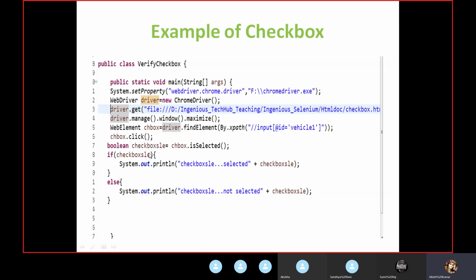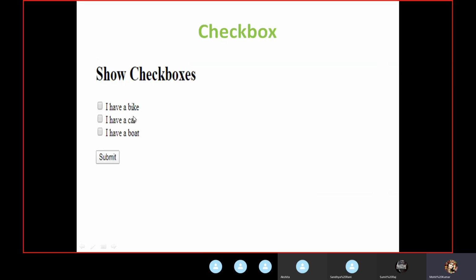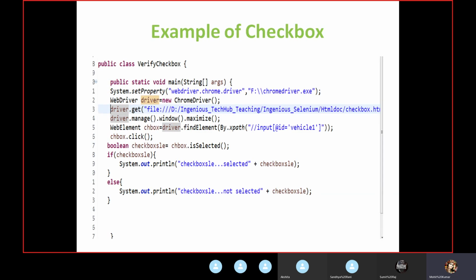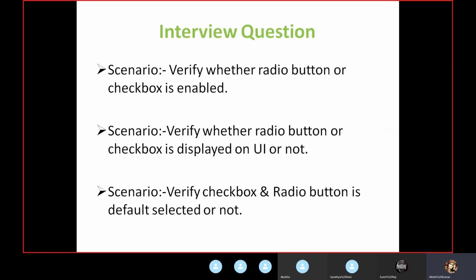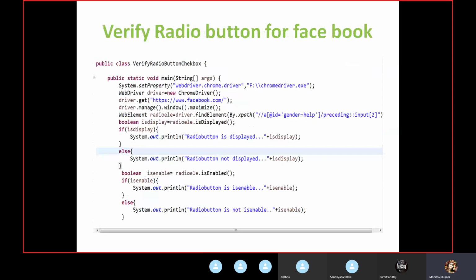Apart from that, the methods are the same, everything is the same. For the checkbox we will also use the click method. You can try this code on your side. I will send you this URL and this HTML code. You can save this HTML code on your system and try with it. In the coming session we will learn this, and I have documented all the things.